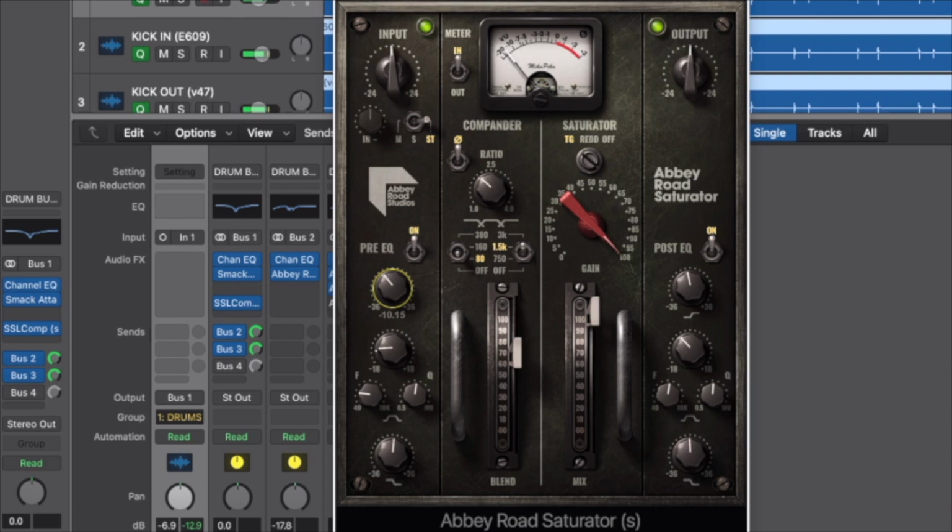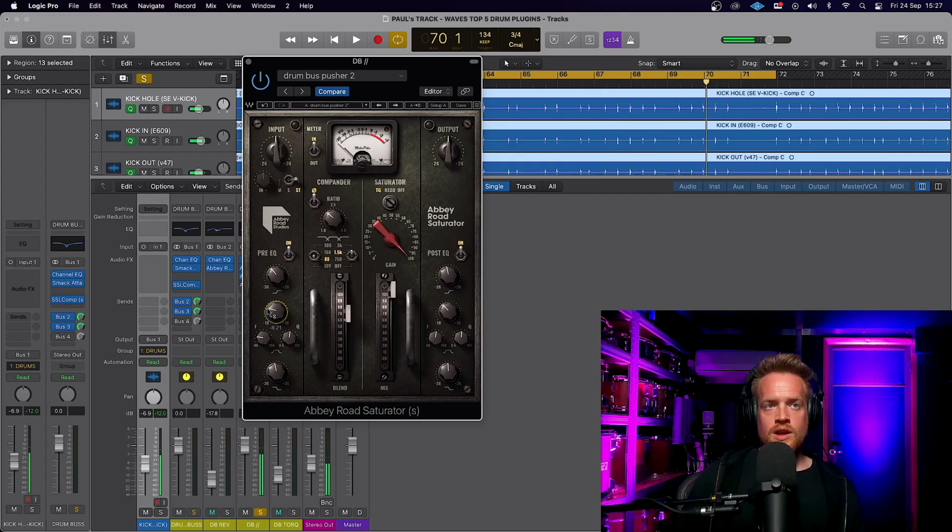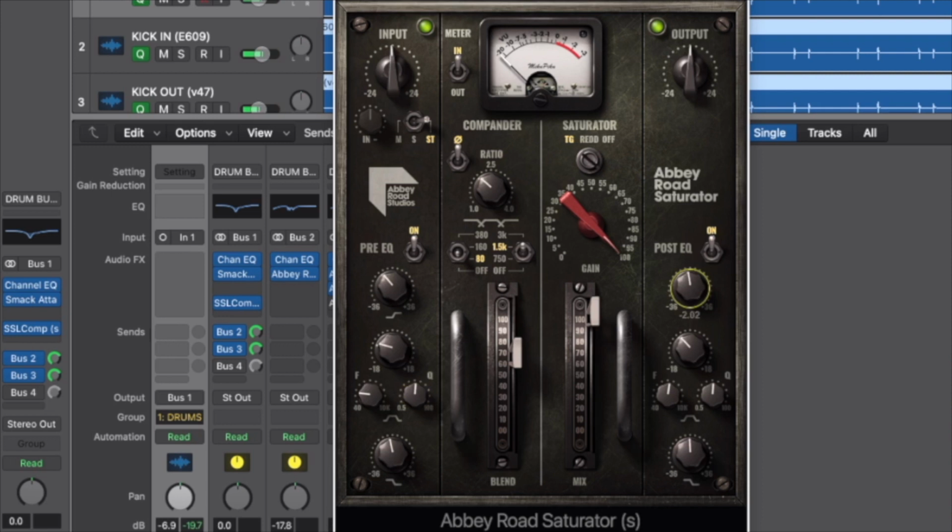Ooh, too much. So I've used the parametric in the middle there to pull out some low-mid frequencies before they get saturated. And we can do the same on the output as well. If we wanted a telephone effect,